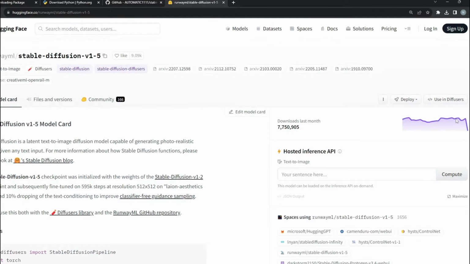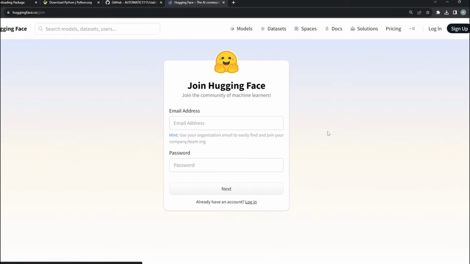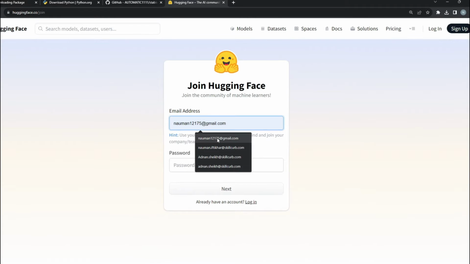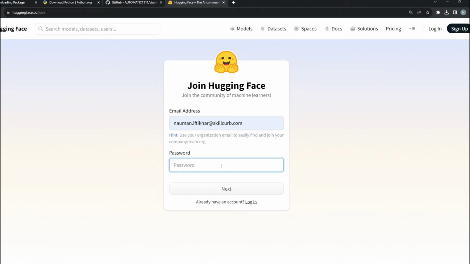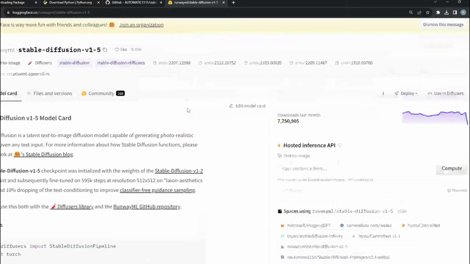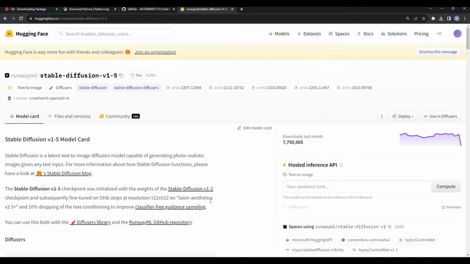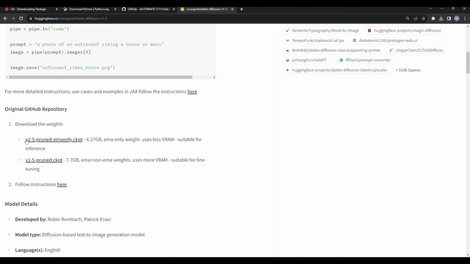The first thing is that you need to just sign up on the Hugging Face website. So you need to provide your email and then you need to just provide a password. Okay, now we will see how to get this model inside of your UI so you can use that. So to get the model, if you just scroll down a little bit,